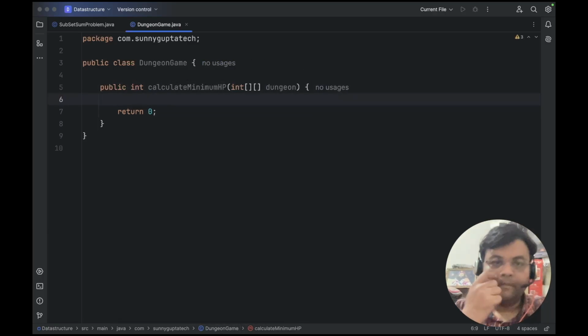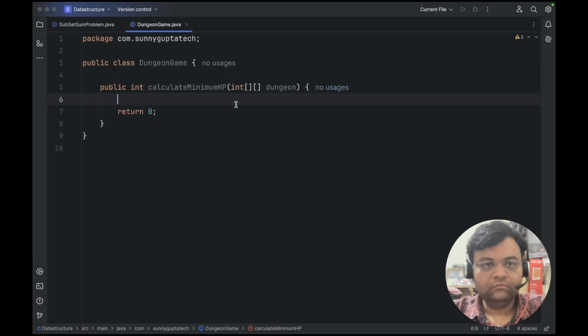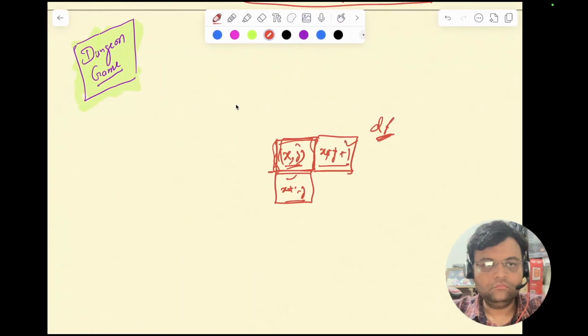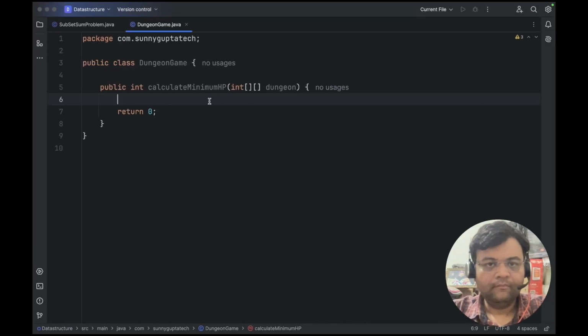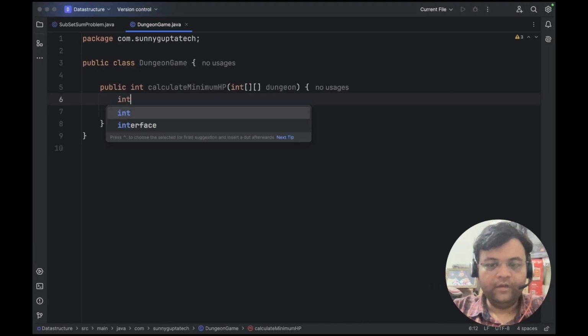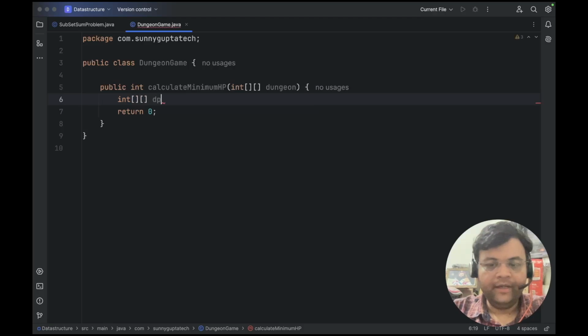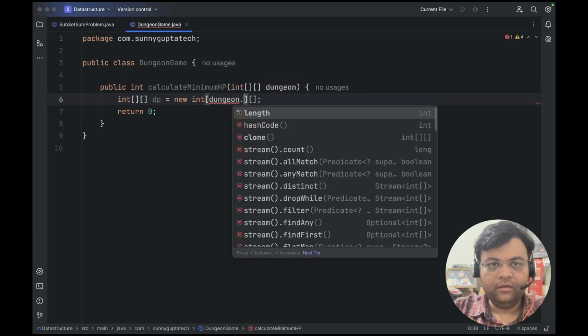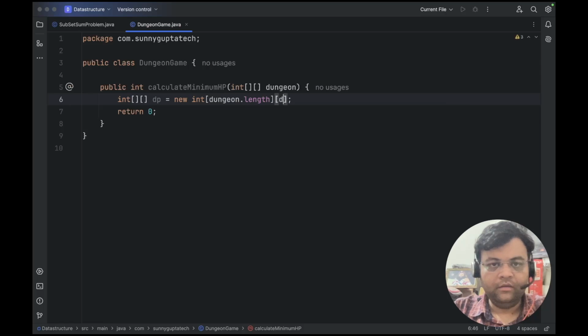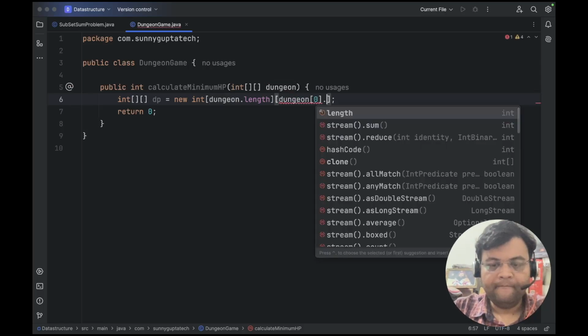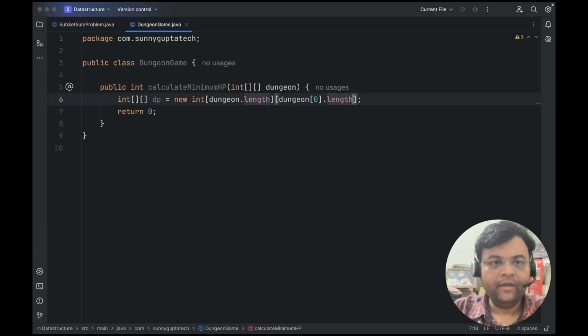Okay. Now, take a DP array that I was telling you about, right? Of size, I mean,